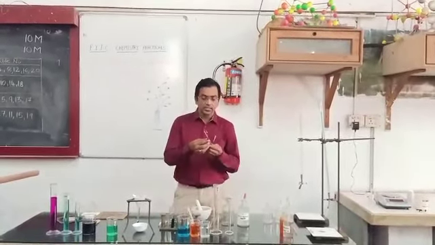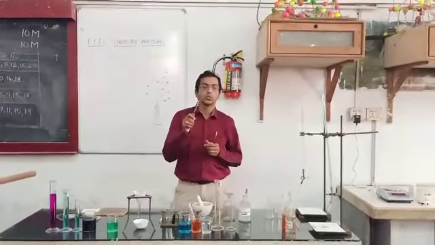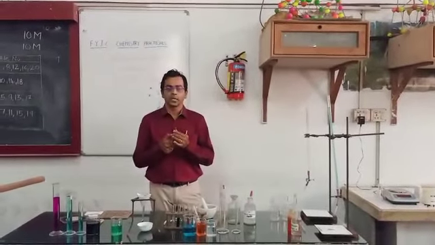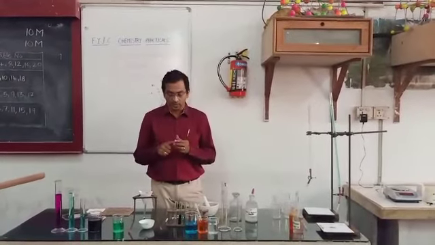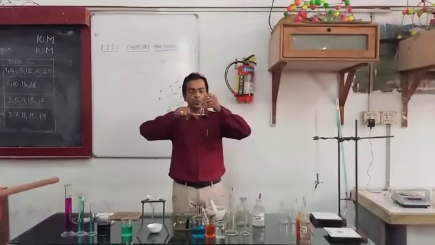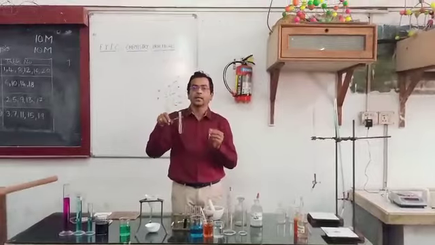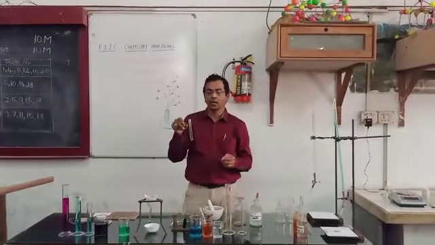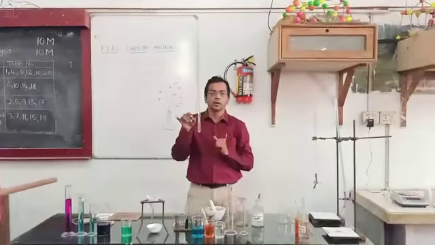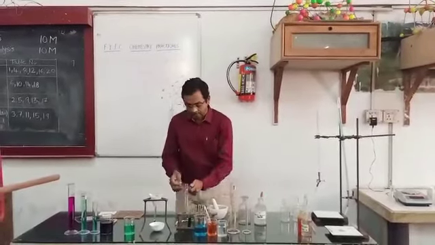Then I have a very important apparatus which we require in the chemistry lab, that is a test tube holder. There are many chemicals in the chemistry lab which are hazardous to us. So you have to hold the test tube in a test tube holder like this, and only then perform the experiments. Means when you are handling acids like sulfuric acid, you have to pour this way, so that there will be no contact of those chemicals with your body.